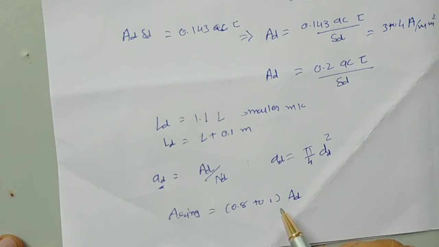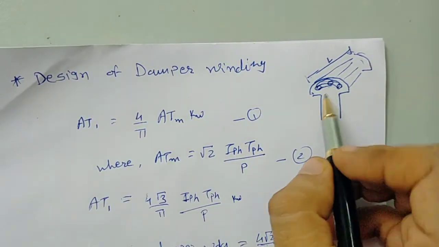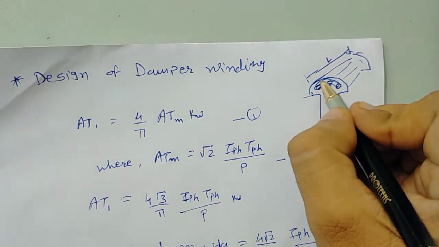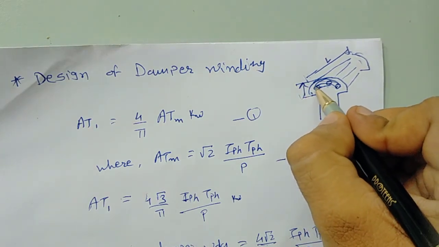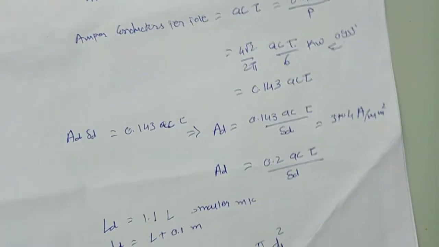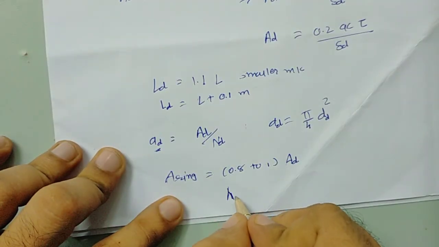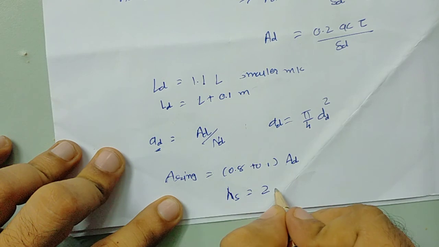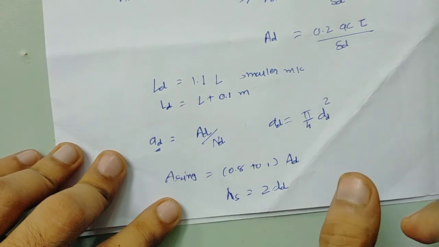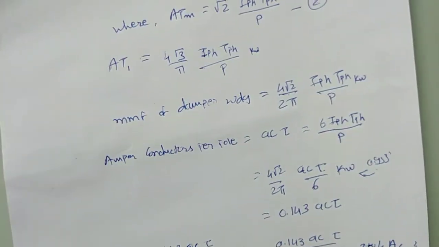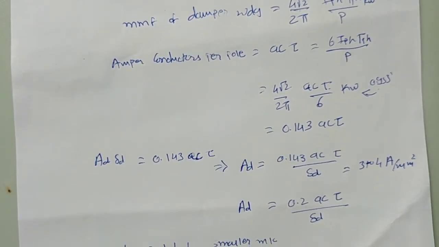And the height of a pole shoe is also related to the diameter of this damper bar. Let us say this is the height of a pole shoe. In our case, it has a direct relationship with the diameter of our damper bar. So the final calculation is that the height of the pole shoe, HS, is 2 times the diameter of a damper bar. So this equation can be used. These are the equations which are used for the calculation of dimensions related to the damper winding.